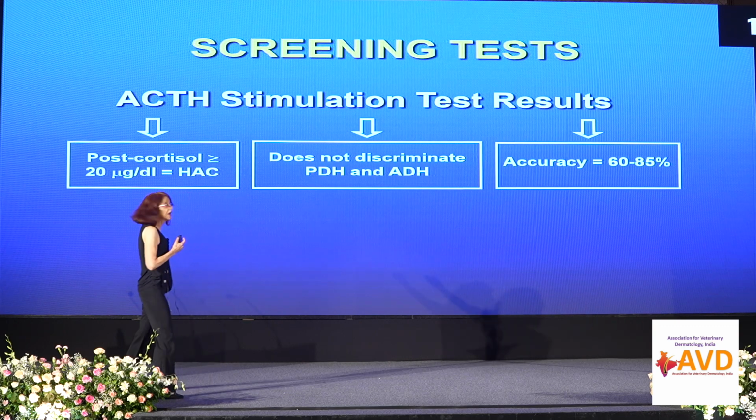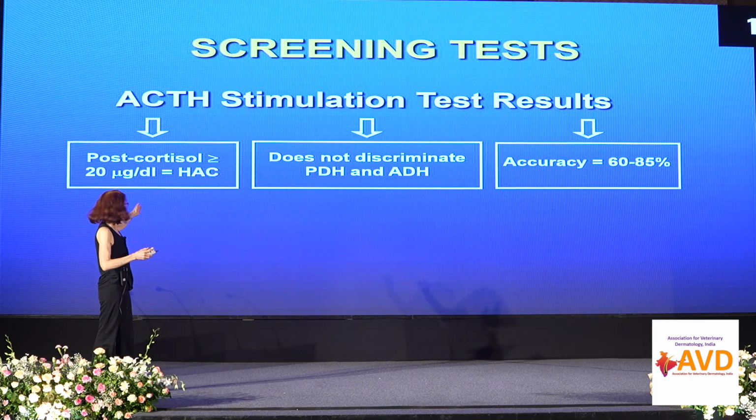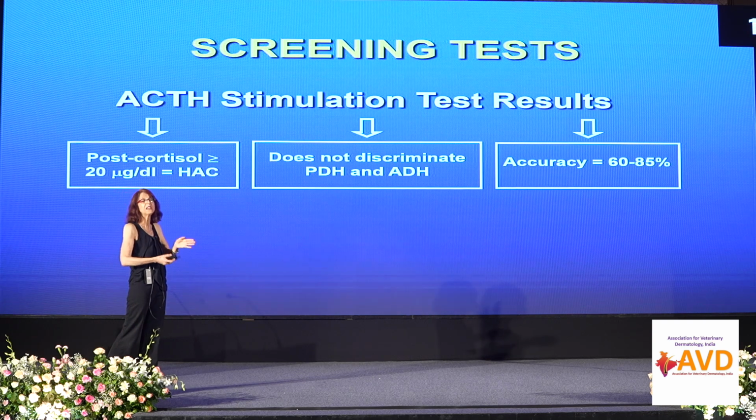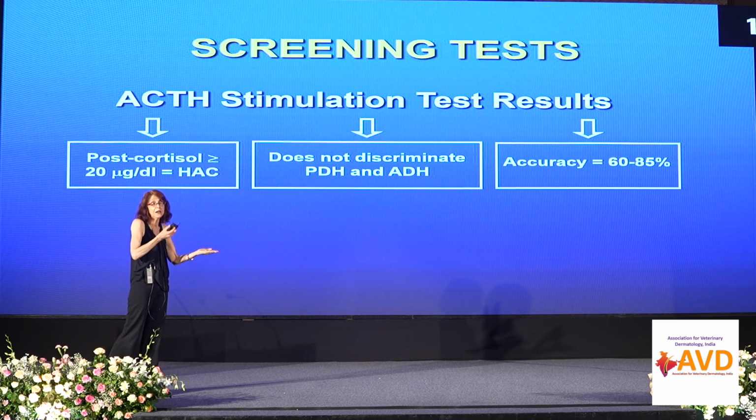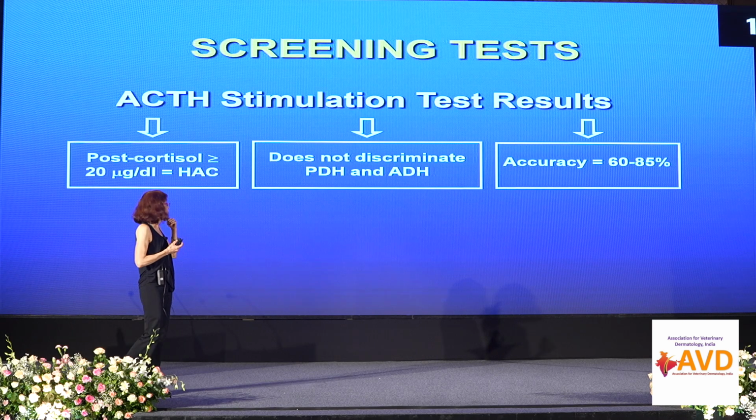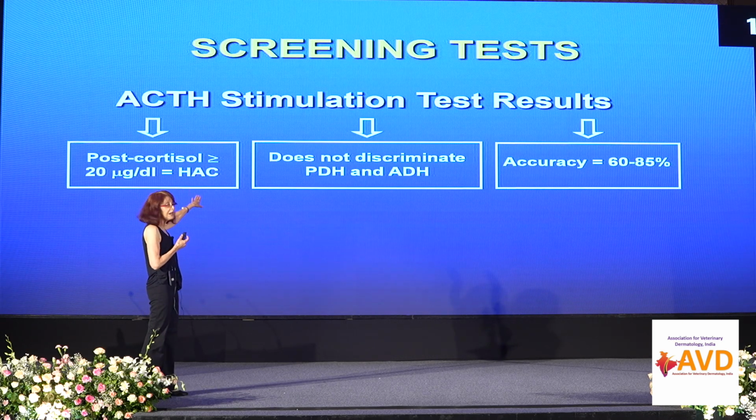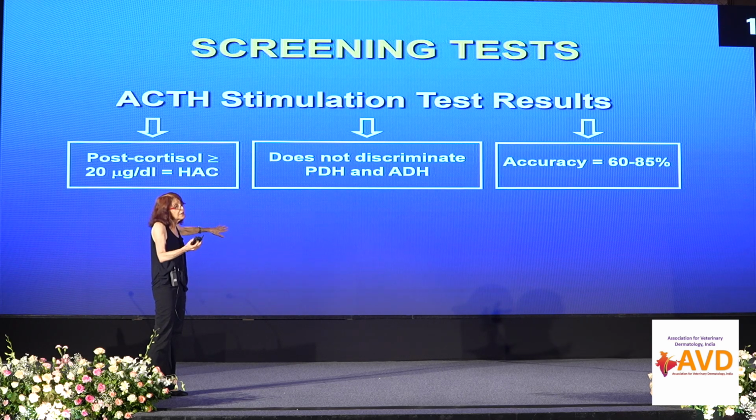So, but there is the cutoff. The laboratory will know that cutoff, it will tell you. So if it's equal to 20 micrograms per deciliter or higher, that's Cushing's disease. So a normal dog will stimulate also, will be an incremental change from baseline, but it won't be this much, okay? And again, as I mentioned before, it does not discriminate between. You have to do another test.